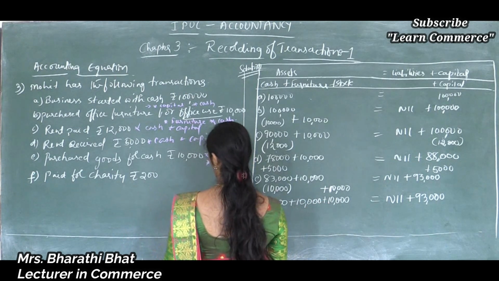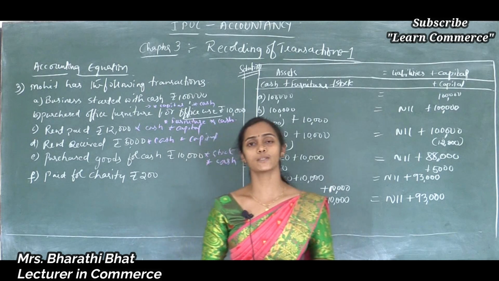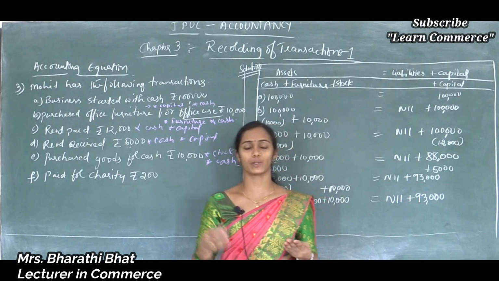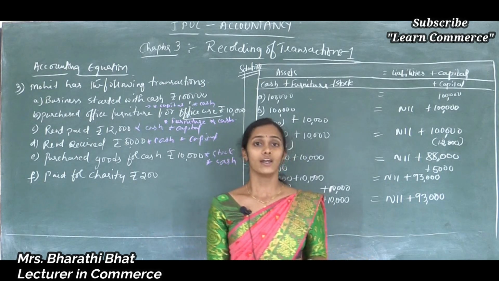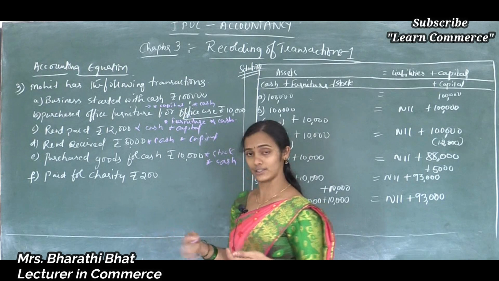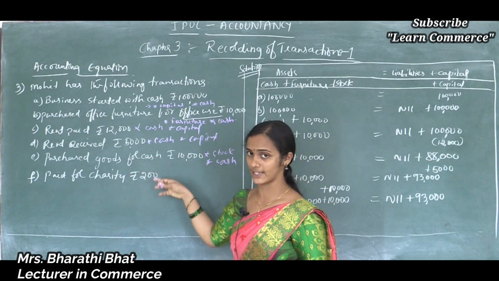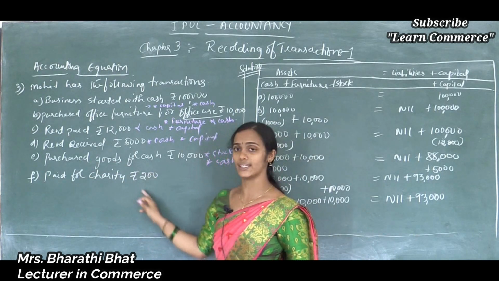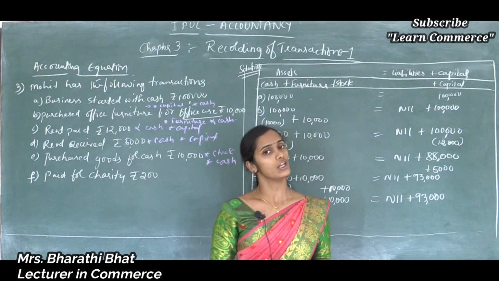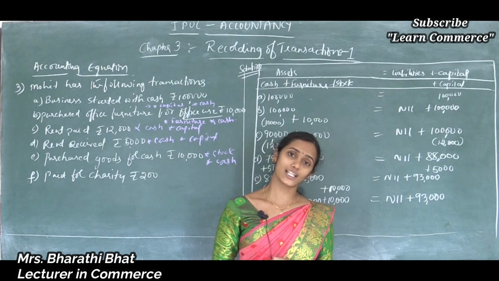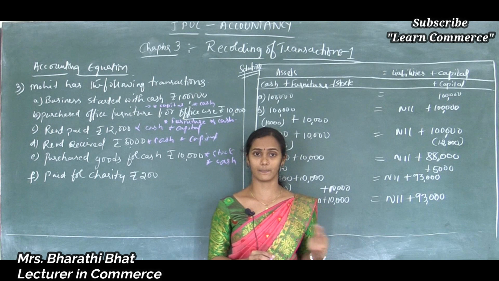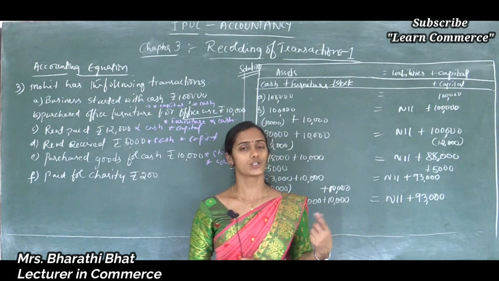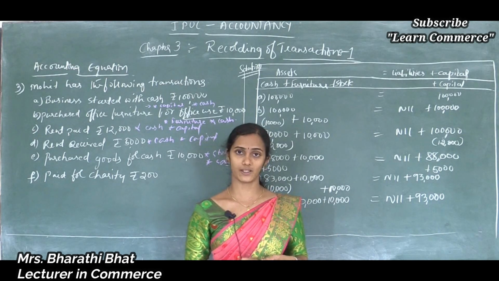Now see the last transaction, charity paid. Means paid to charity. Charity means what? Some donation to someone, to the poor society or to any other needed people. If the business pays charity, it is considered as charity. So charity is a pure loss to the organization. Loss comes under expenses or losses account. At the time of passing a journal entry, that is considered as expense. So we need to follow the expense rule.